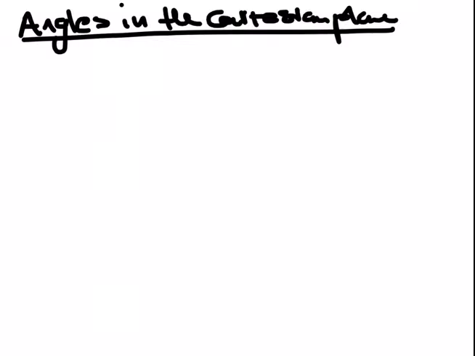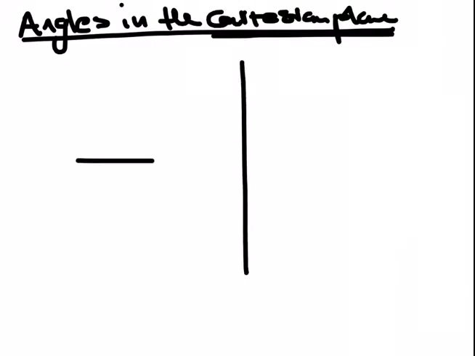To teach you angles in the Cartesian plane. Very much important that you take note of the word Cartesian plane. Maybe let me explain what that is. A Cartesian plane is just a vertical line and a horizontal line, which are named the horizontal line x-axis, and